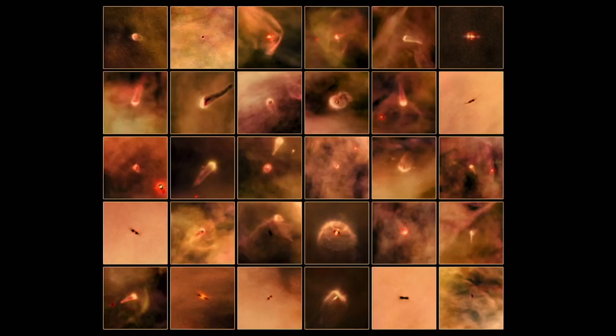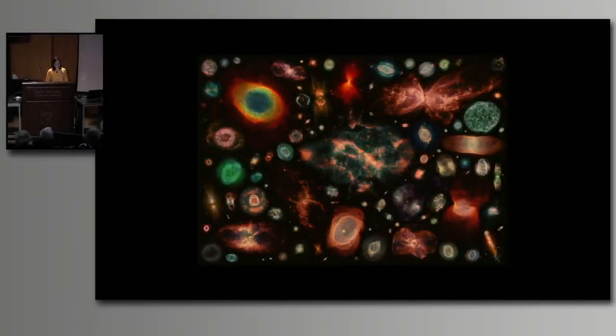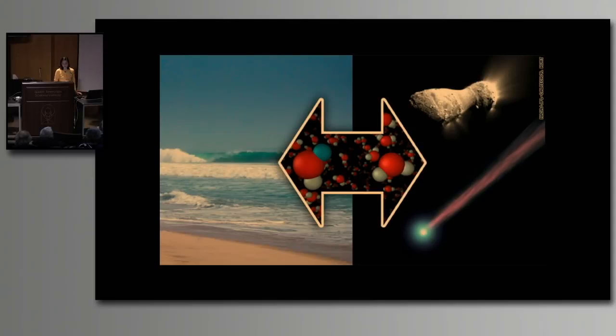And this is a family picture of the elderly showing the spectacular ways in which some stars, when they become very old, return material to space for its recycling. Another beautiful Hubble image. So I have told you that there are very interesting molecules that form in space around this type of stars that can get to the young planets and maybe help life to emerge. And another molecule that got here from space that is very important for life is water.